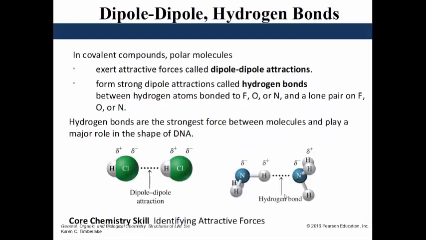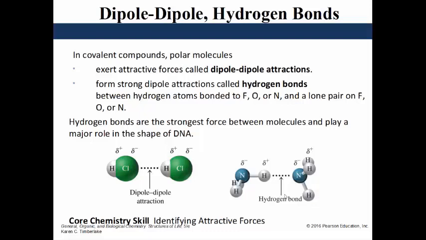covalent molecules. Alright, for covalent compounds and polar molecules, these have attractive forces called dipole-dipole attractions, because you have attractions between ions that are dipoles. You also have very strong dipole attractions called hydrogen bonds between hydrogen ions that are bonded to either fluorine or oxygen or nitrogen. The hydrogen bonds are the strongest force between molecules and play a very major role in the